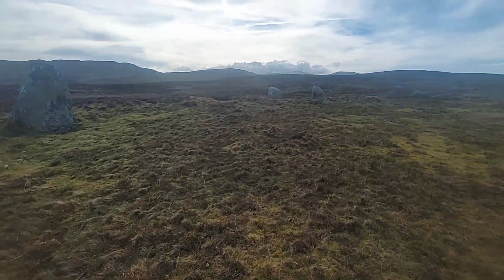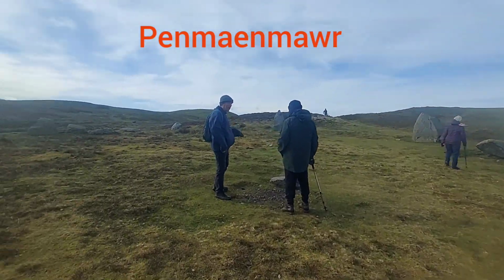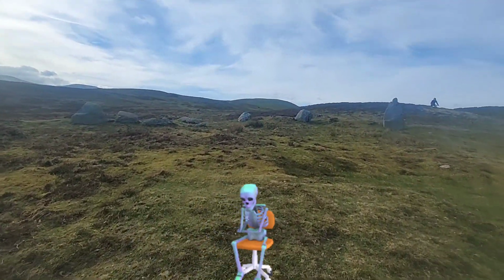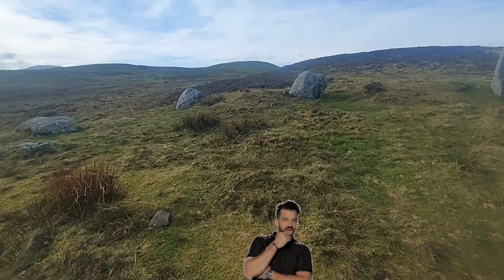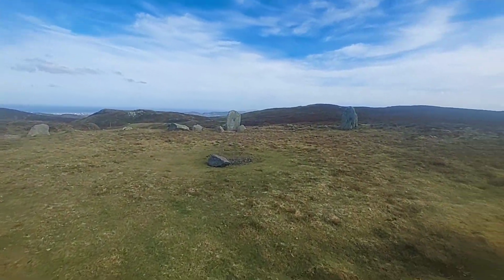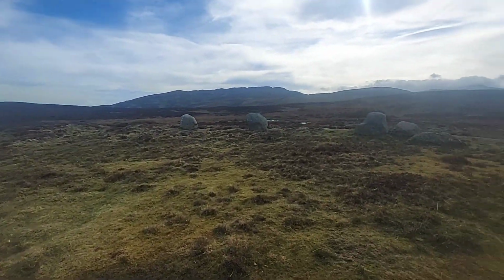So don't forget, the DRUID CIRCLE is known as Meini Hirion in Welsh. And just to add, I don't think I mentioned at the beginning that Penmaenmawr is in North Wales. So we're going to show you around here, and you'll see at some point there is another stone circle close by that we just go and have a quick little look at. The older couple that took us here, the locals, said that the little one that we go to was possibly a roundhouse in the past. But this big one is the main one that we're talking about, and is apparently one of the finest stone circles in Wales,